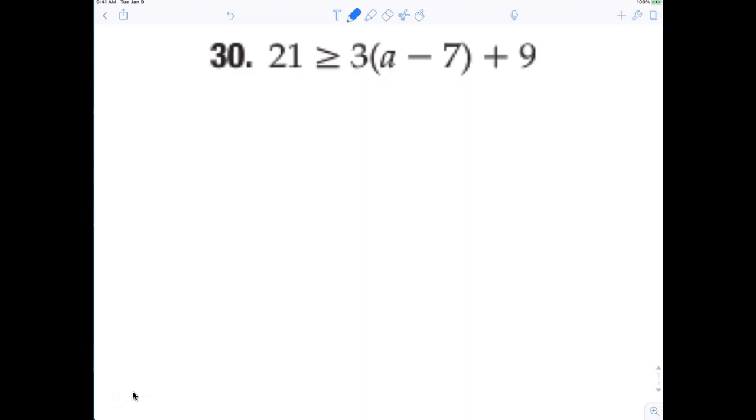All right, when you distribute, 3a minus 21 plus 9. Is everybody okay with that? Now we have to combine negative 21 plus 9. We're combining these two. 21 is greater than or equal to 3a minus